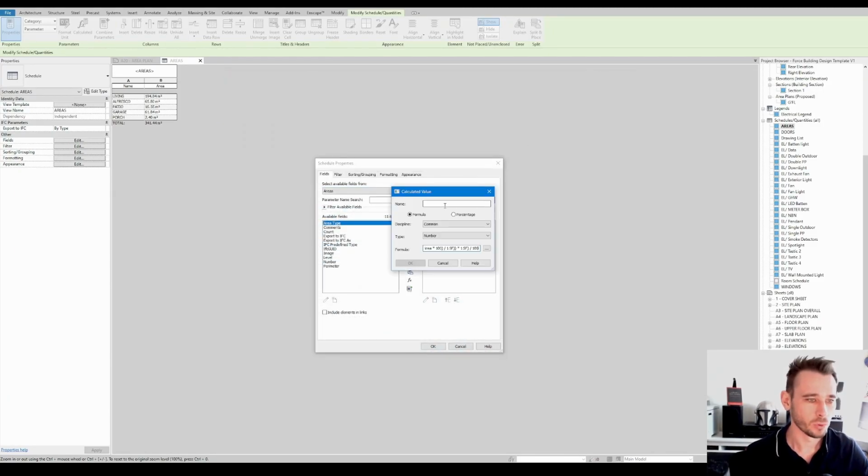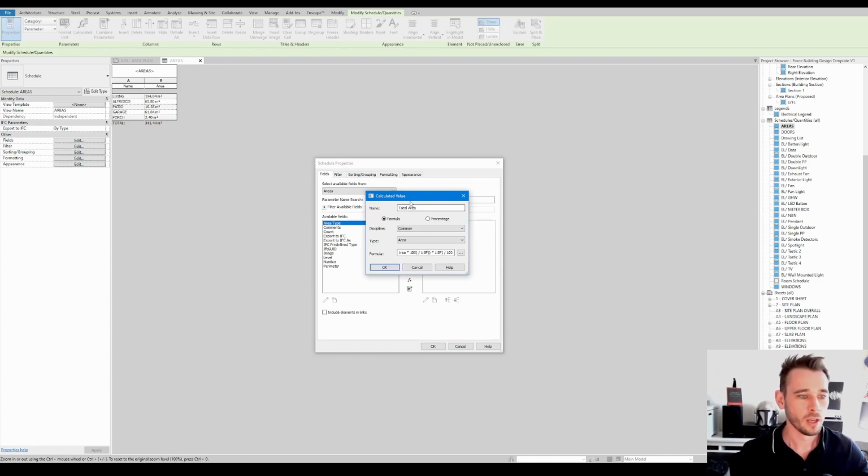Into here. We'll just call it total area. So we've got a name of total area, it's a formula, it's a common discipline, and it's an area type, and then the formula is this. All I really need to do in here is change SF to